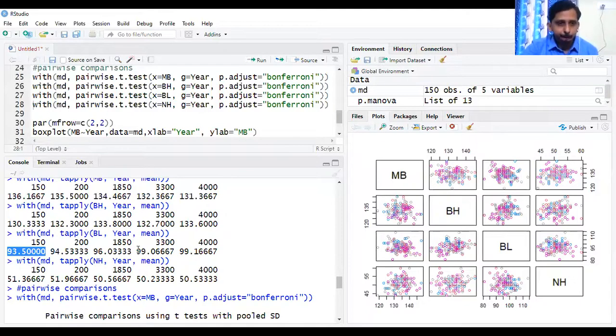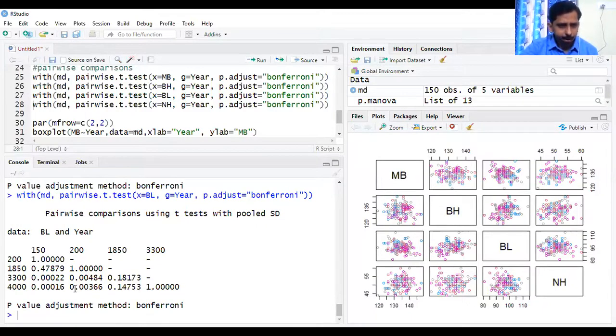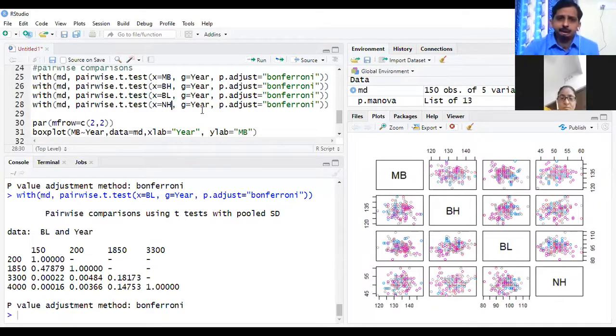of the body. Now look at this, 4000 to 200, even that is also significant. 3000 to 200, even that is also different. That's why length has a very important role in comparing the skulls across the years. Now let us verify, because with respect to nasal height we got an insignificant p-value